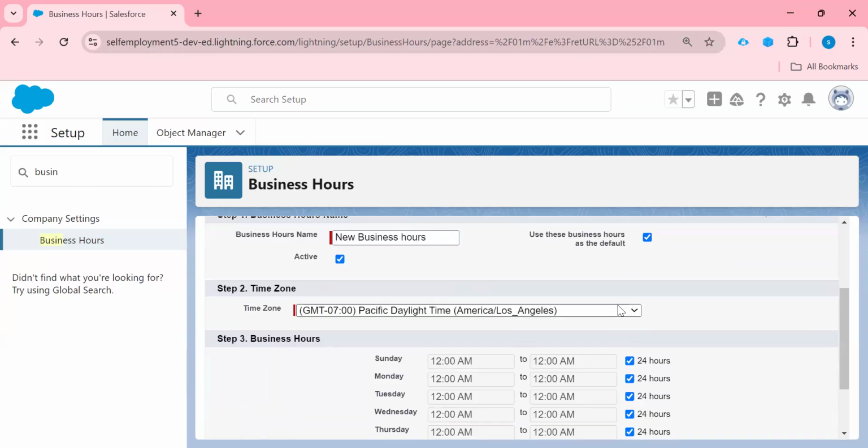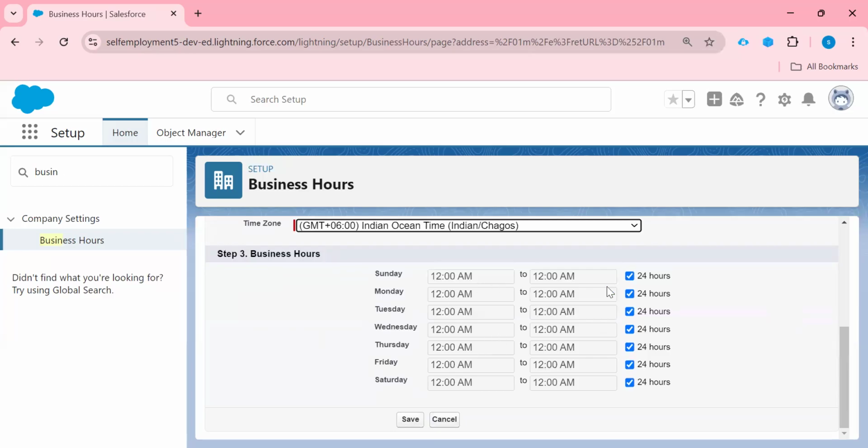For now I can choose this time, right? And you can change the time here as per your requirement, right? So in this way you can create your own business hour settings for your organization, right?